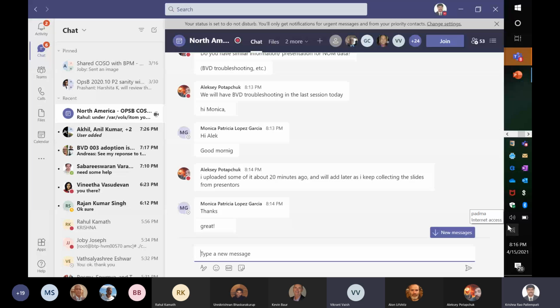The requirement is that they want to see OBM data as well as some third-party tool data in the same place. So we ask somebody to write those scripts, they get the data, and then we display it through BVD all together in one dashboard. Is there any issue in that?